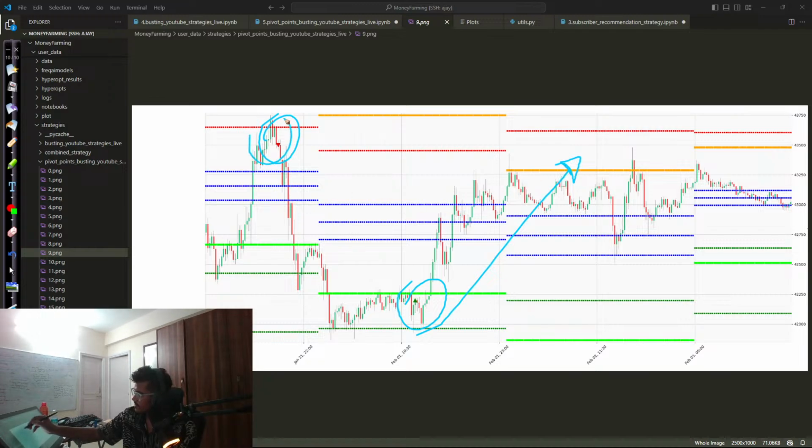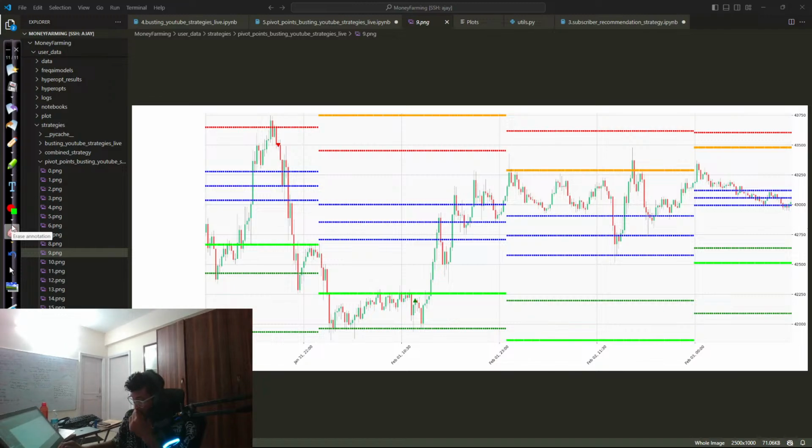So we're gonna test this strategy and let's see how it goes. Okay, the only thing that I wanna see is the stop loss. What will be the stop loss? I think we are taking 2 candles, right? So why not put the stop loss above the previous candle and below the previous candle? Okay, that will be our stop loss, and our target will be